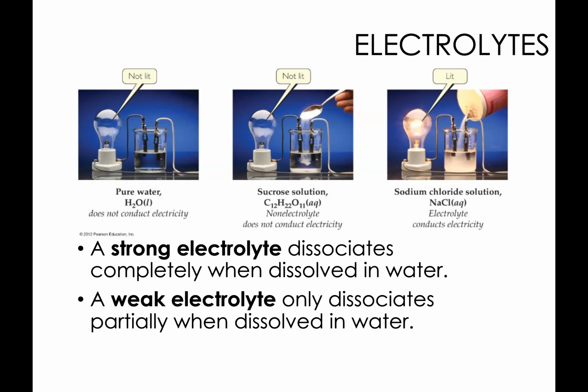From there, remember that one of the major differences between an electrolyte and a non-electrolyte, and here we see our example of pure water, sucrose solution, so sugar, and sodium chloride. We define an electrolyte by whether or not it can actually light the light bulb, aka conduct electricity. So if it cannot conduct electricity, it must mean there is no ionic compound present, or that there are no